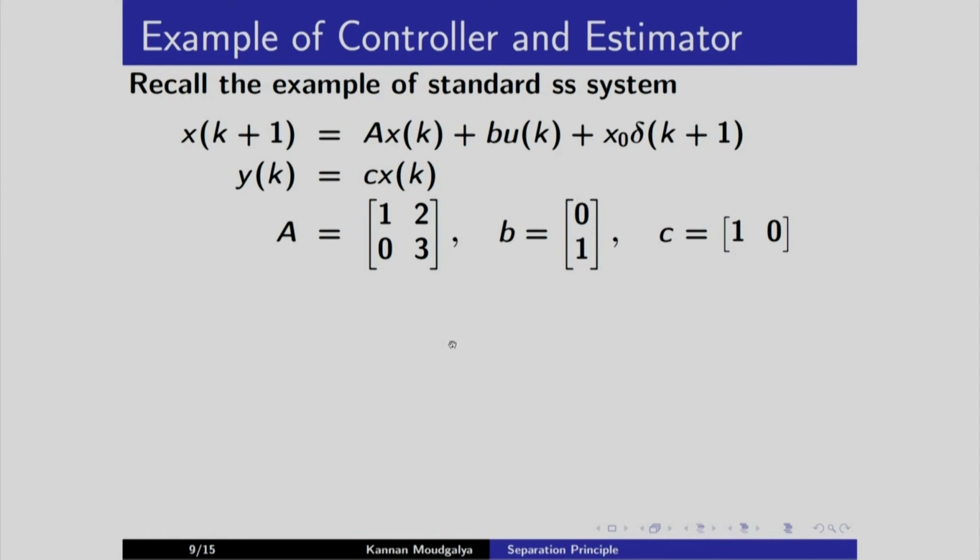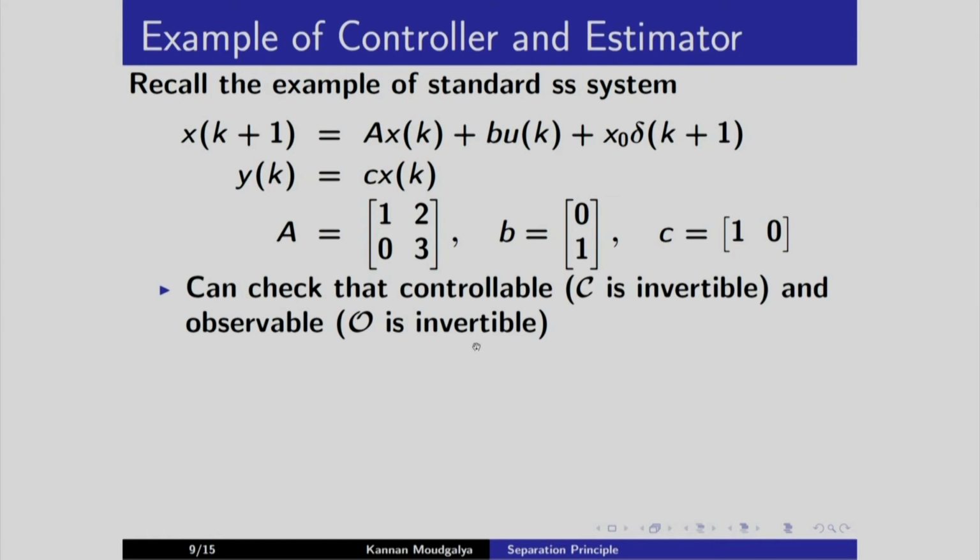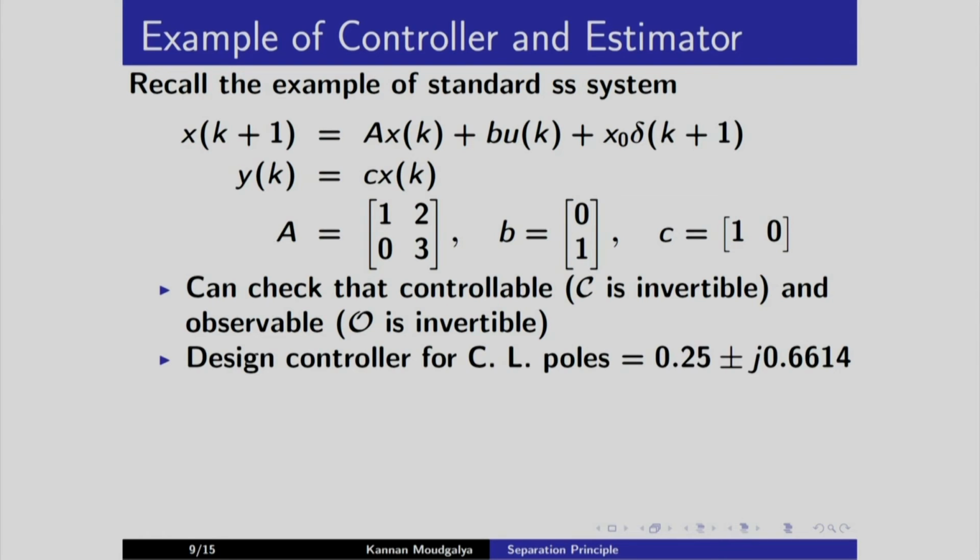We will present a numerical example now. We have A, B, C. This system is something that we have already seen before. We can check that this system is controllable and also observable. We will design the controller for closed loop poles given here. This is the same set that we used earlier,